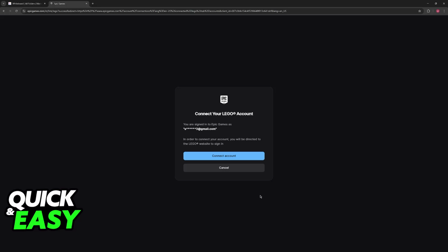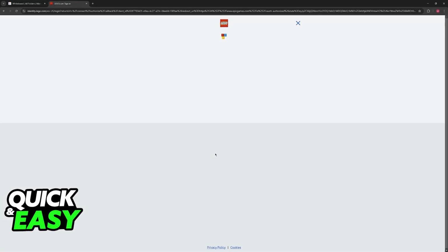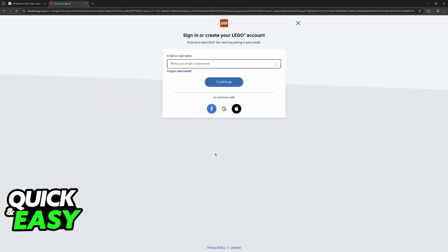Now, you will have to confirm your email. This is because you can only connect one account at once, so it's important that it is the correct one that you want to use. If you try to connect the same Lego account to different Epic Games accounts, you will not be allowed to do so. So if this account looks correct, choose the option to proceed and connect the account, and now you